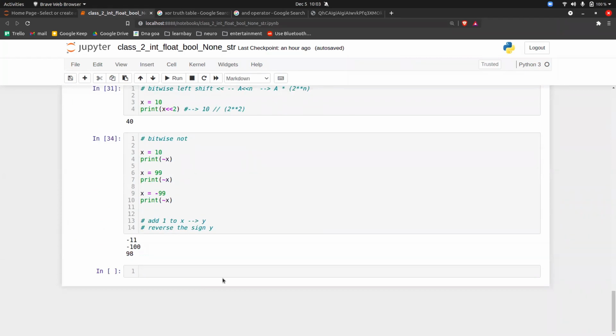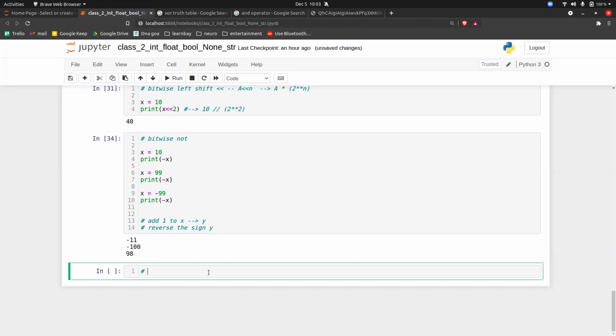Okay, great. The next part that we're going to see is assignment operators, also called compound operators.